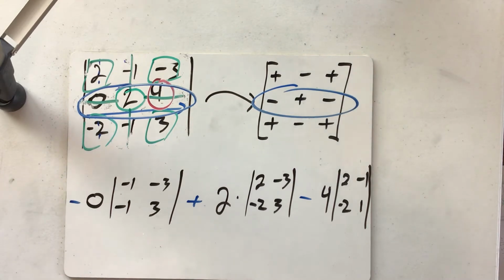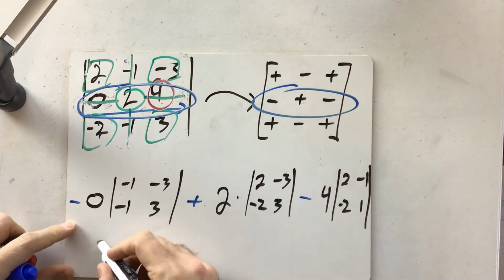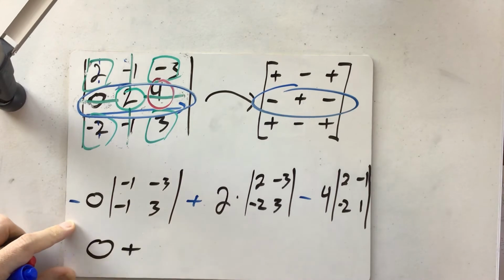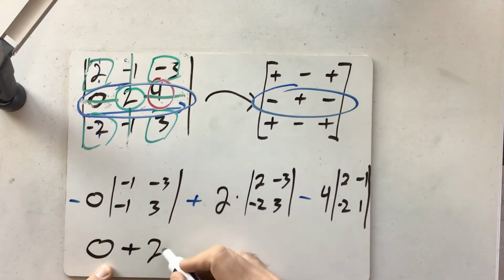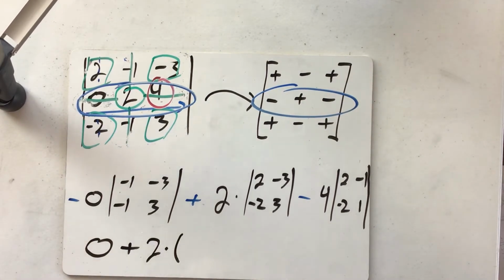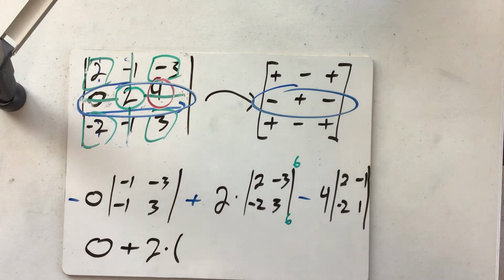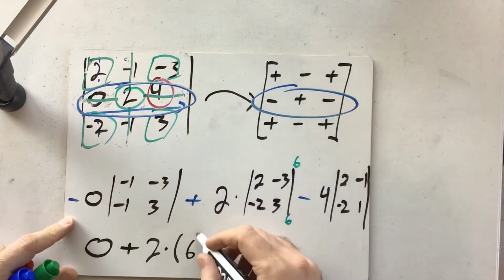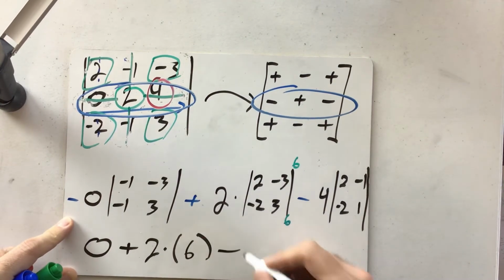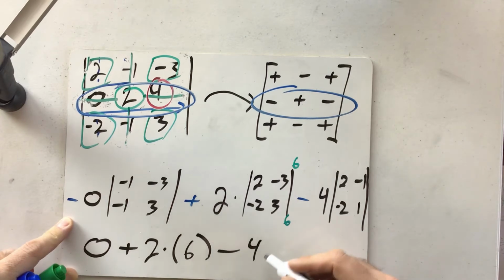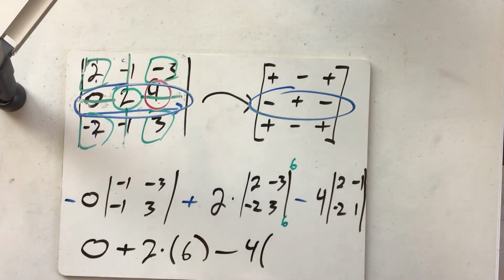Okay, now let's start to calculate. This first number is the easiest one we'll do all day. It's 0. Okay, the second number is 2 times, and now I have to do a little bit of computing. But notice here I've got 6 and a positive 6. So what is 6 minus 6? It is also 0. Wow, that came out to be nice. And now we'll do minus 4 times, and now we just have to do this last part. Let's see what we've got. I've got 2,